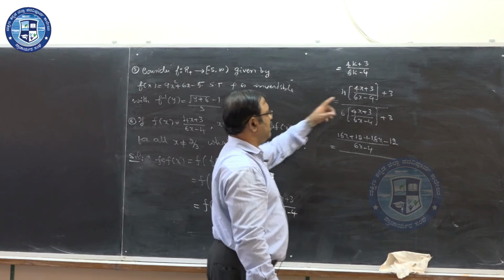Hope you have understood this. Followed the idea? So always remember, first you have to find f composite f. So if you can't do it directly, better take it as k. With the f of k we can easily write, and hence show that f composite f of x is equal to what? x.